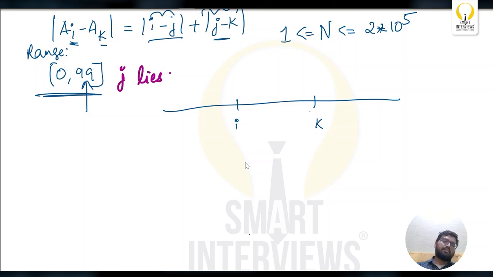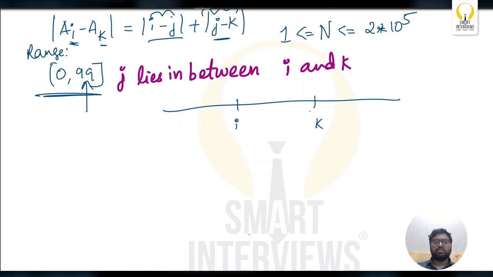In the first case, j lies in between i and k. So in that case, what are you going to do? If it is lying somewhere in between, in that case,